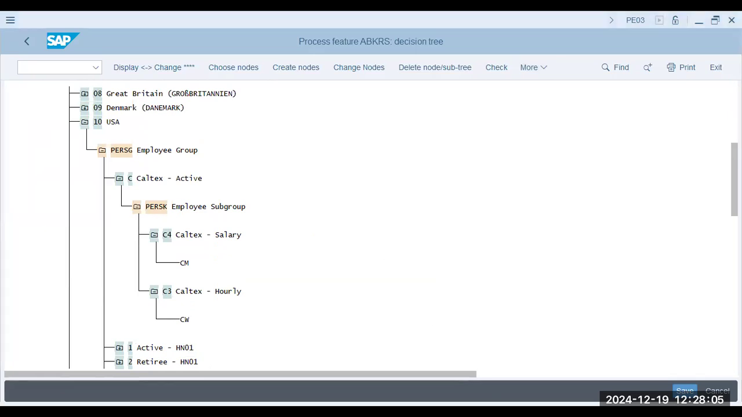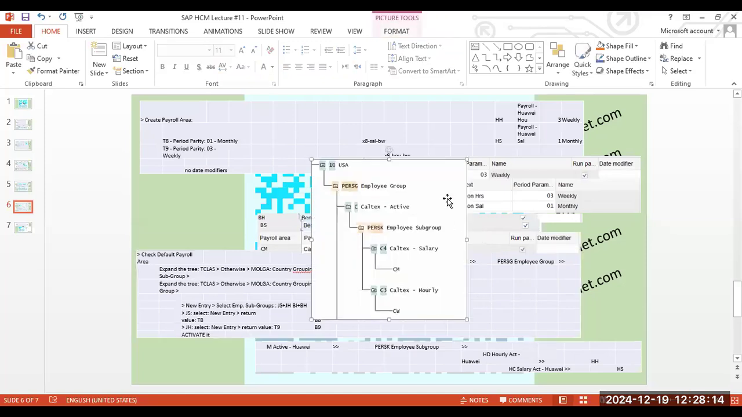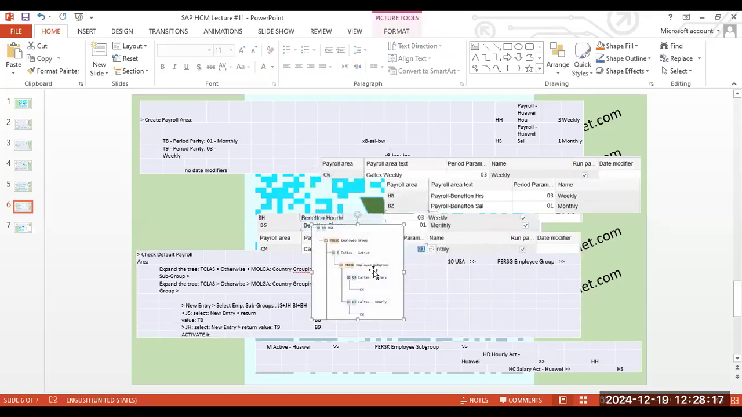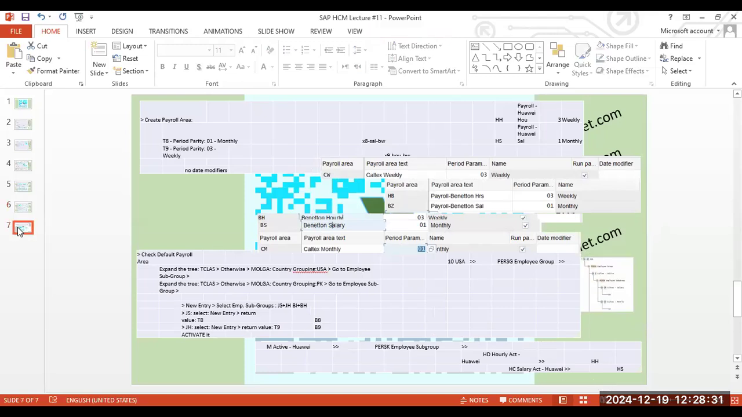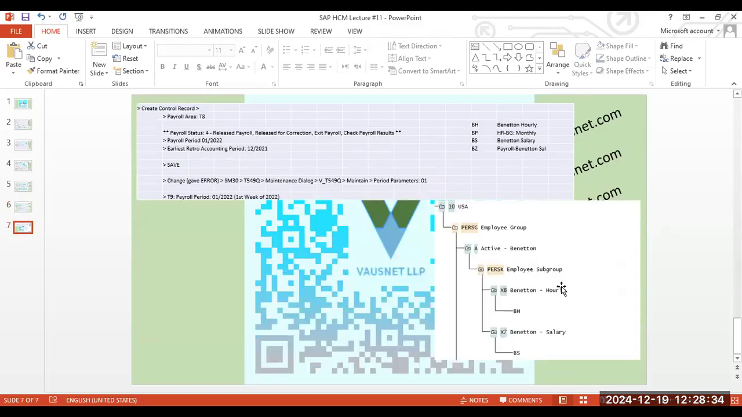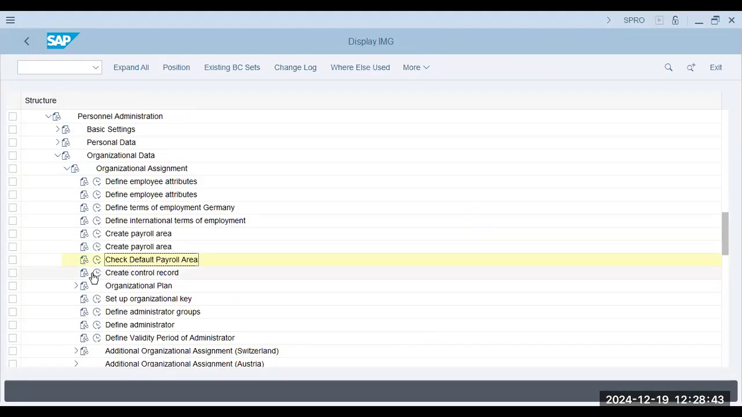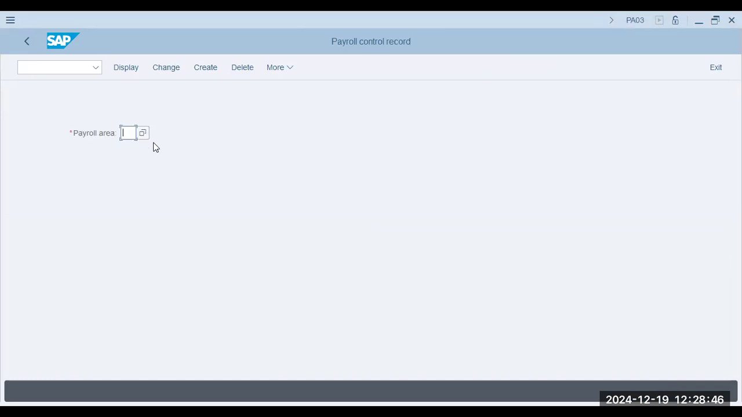Okay. You'll have to zoom in to just check what was basically done here. Okay. Next is the last slide. Hourly, salary. Okay, it's the same. Create control record. Create control record. And payroll area was